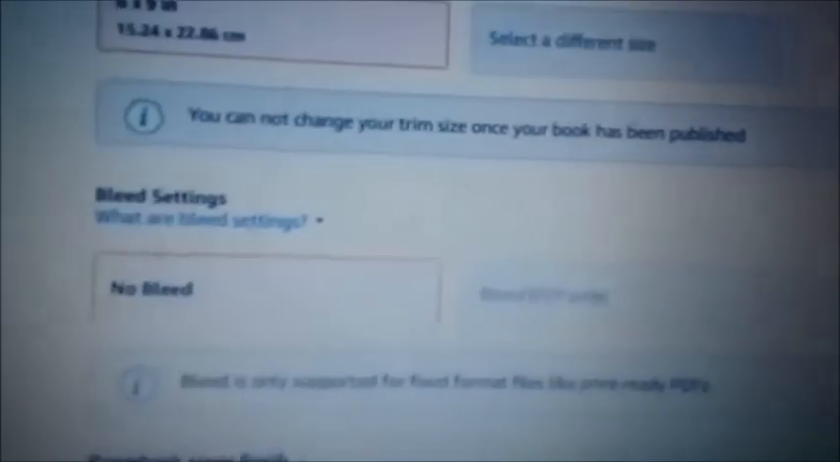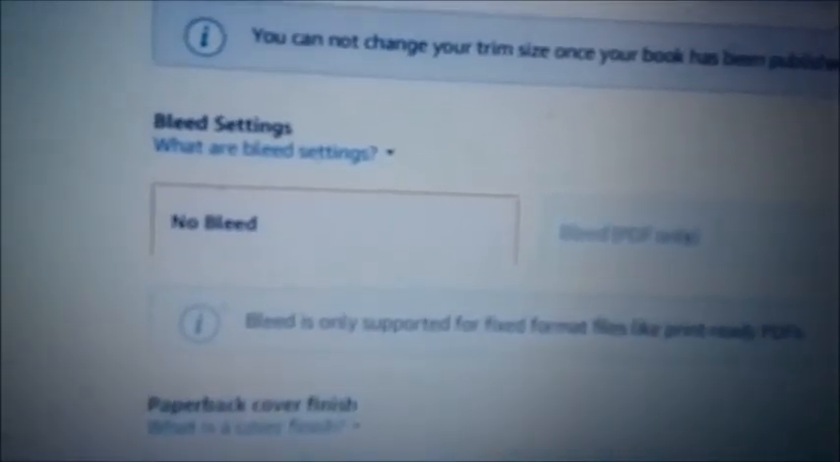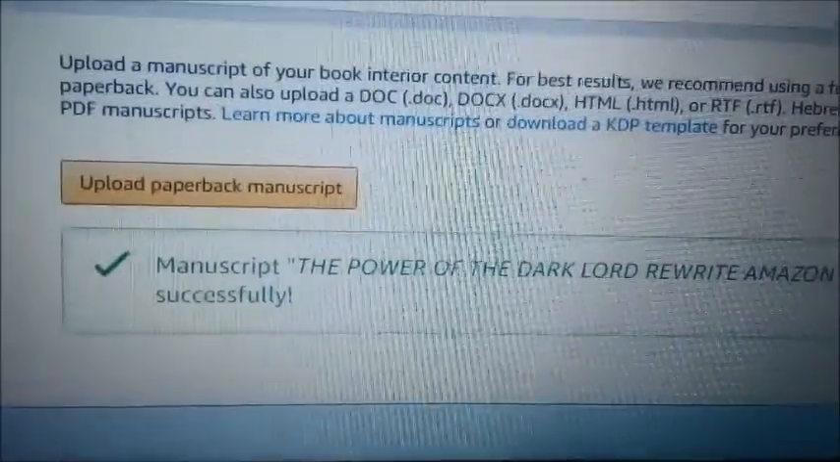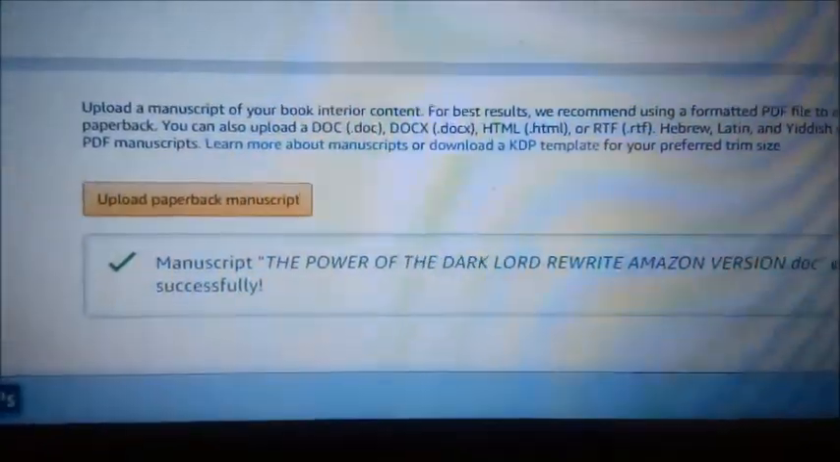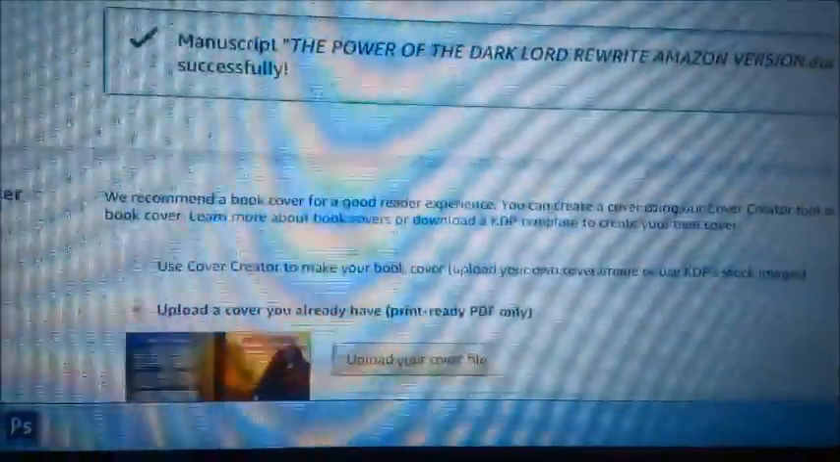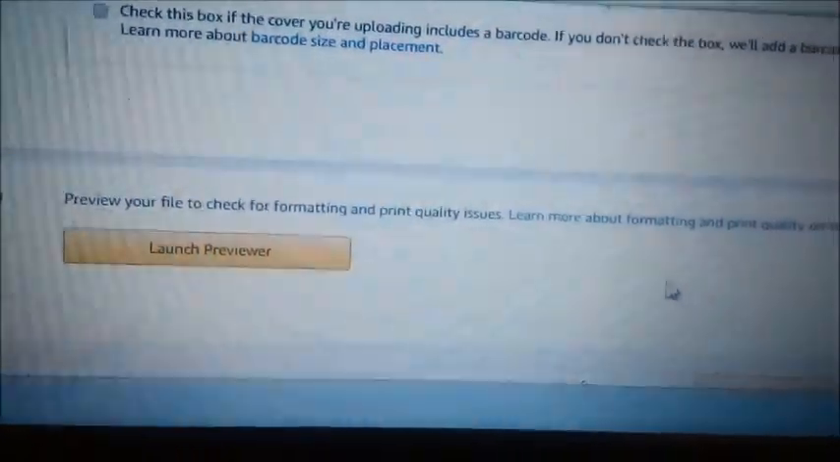And here we have no bleed. Bleed is how much it runs into the outside of the margins. But you don't want any bleed because then it ends up cutting part of the words off. And then they ask for what finish you want on the books, and I pick glossy. Then you upload your manuscript. And your cover. And then it'll ask you to launch your preview. You launch the preview,